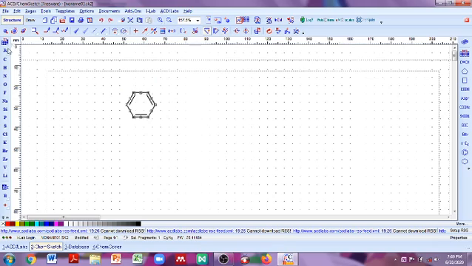If you want to convert this benzene into toluene, then select carbon, and this will convert to a methyl group. If you want some acid group, let us see, this acid group is available. Just your cursor must be on the particular carbon atom where you want to attach that particular group. So it is converted.